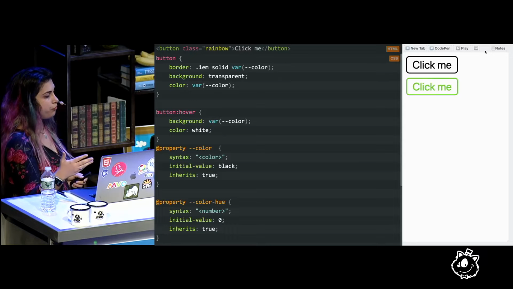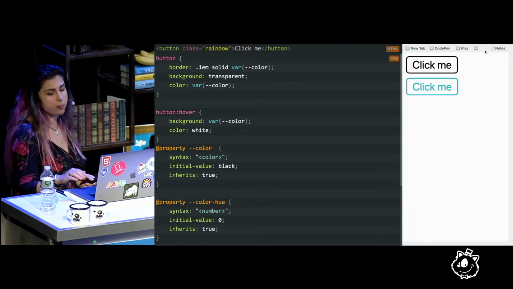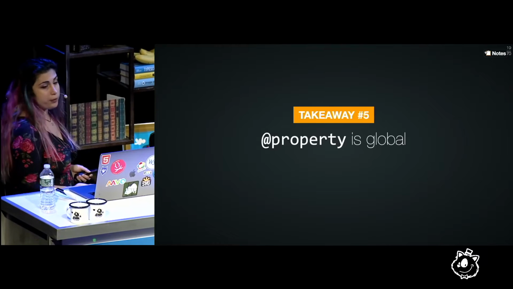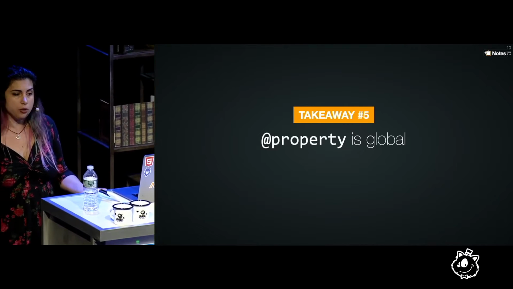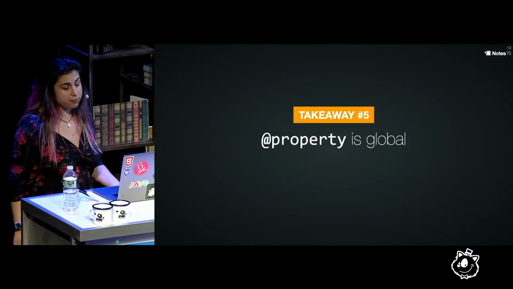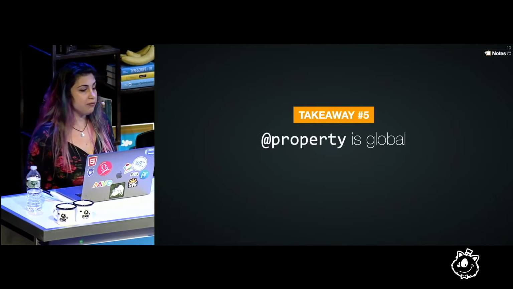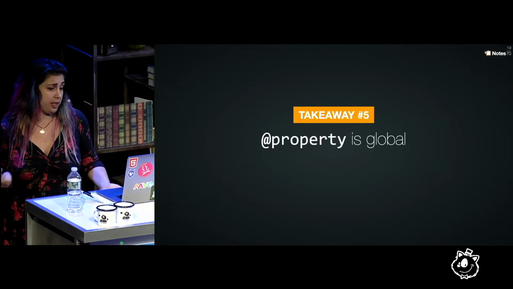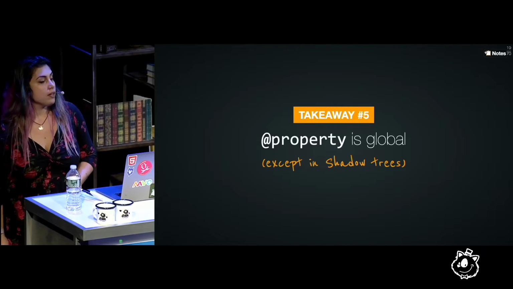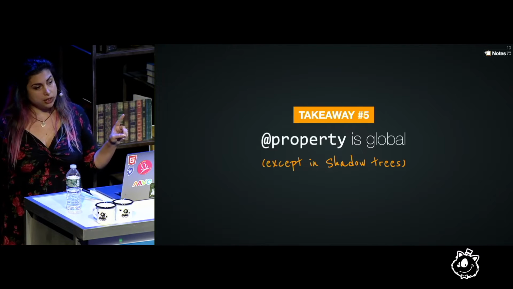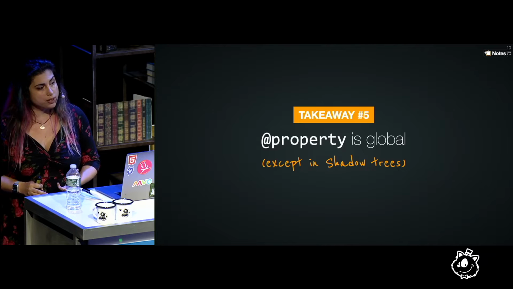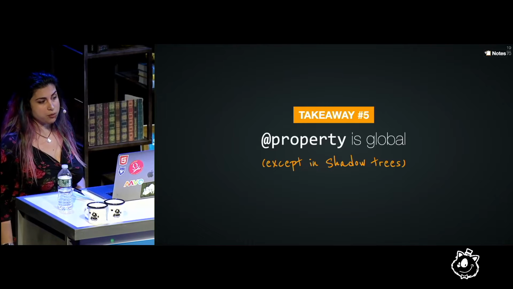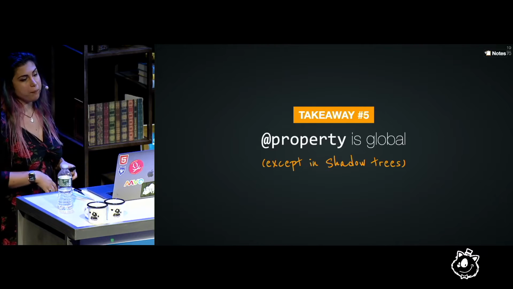In addition to issues of browser support for @property, which is not as good as custom properties in general, it's also that @property is global. And something like --color is a fairly generic variable name. We might not want to give it a default value of black everywhere. For other use cases, transparent might make more sense. One case where doing this is acceptable is in actual web components, where you declare your @property rule in a shadow tree, and then it is indeed scoped to that tree. It is not global.